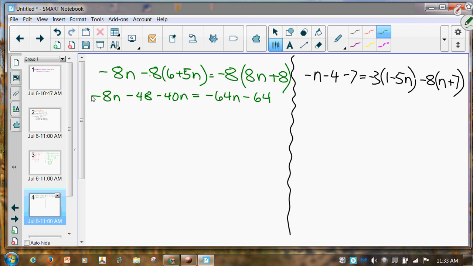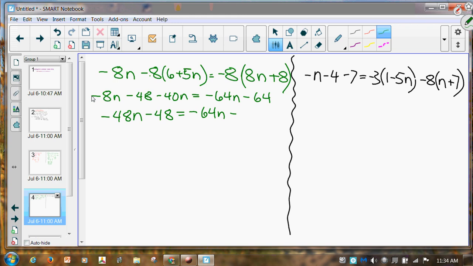On the left, we have two terms that deal with the variable, minus 8n and minus 40n. We add minus 8 and minus 40, so we have minus 48n, and we have minus 48 as a number, equals minus 64n